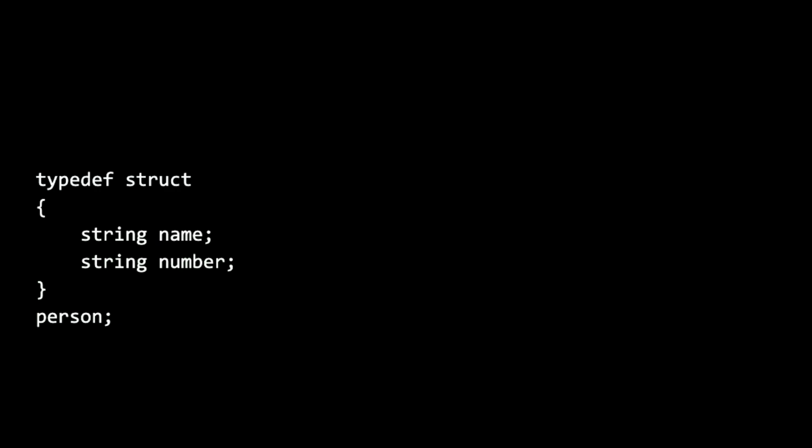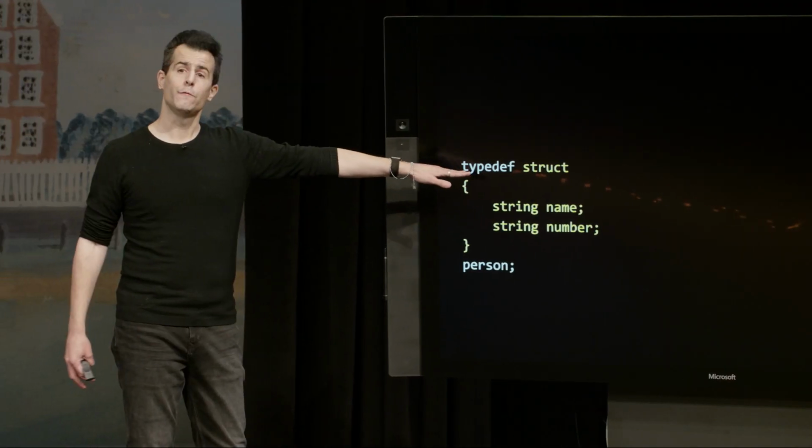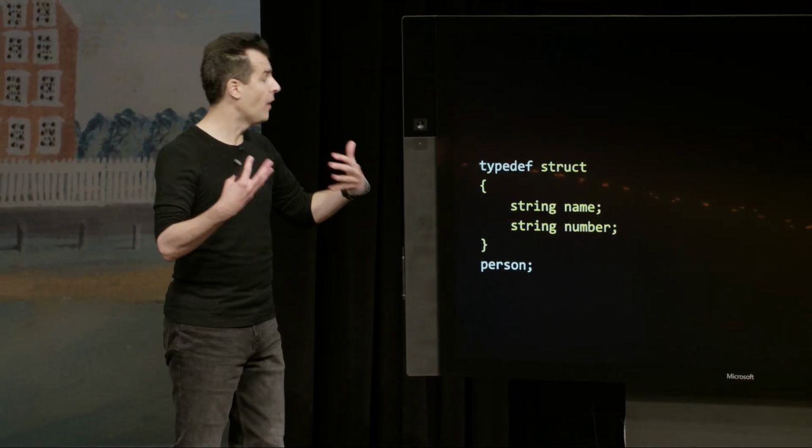For instance, recall last week that we introduced this notion of a struct, a data type that you can customize to be your own. We implemented a better phone book by wrapping together a name and a number inside of a custom data type, encapsulating them, if you will, inside of something we called person. And every person we claimed had a structure that contains a name and a number. And by way of this feature of C, typedef, we can define a new type.